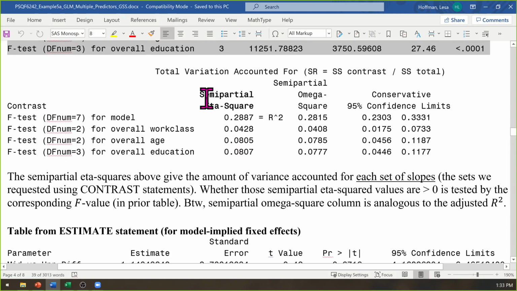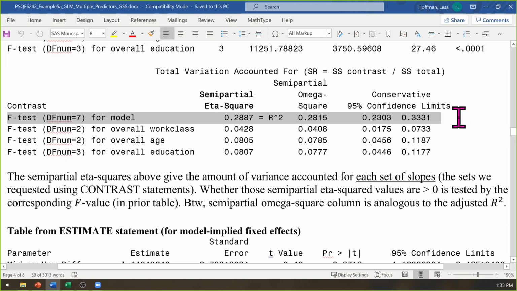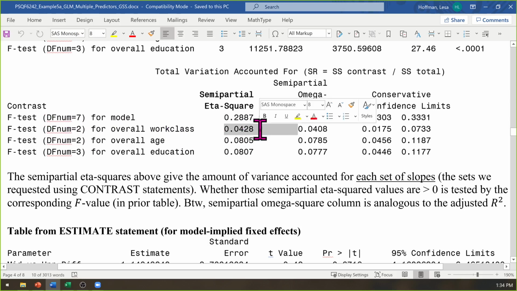So then here's the effect size that goes with the overall model and with each chunk. So semi-partial eta square is the amount of the variance that's explained due to that particular variable. So the first F-test that has all 7 slopes gives me the overall model r-square. The others then tell me that the 2 slopes for working class are responsible for 4% of my 29%.